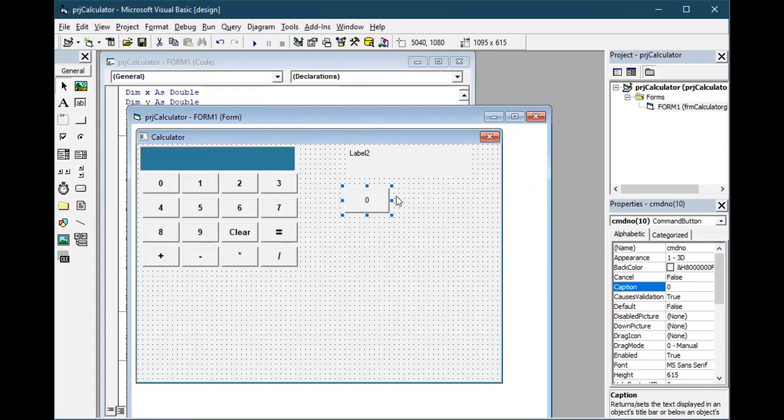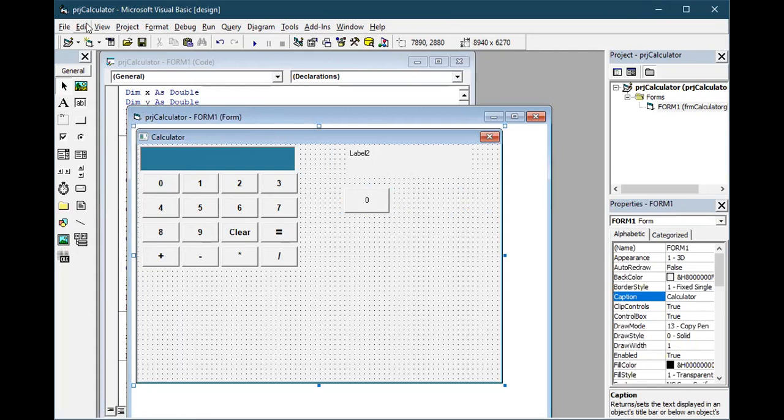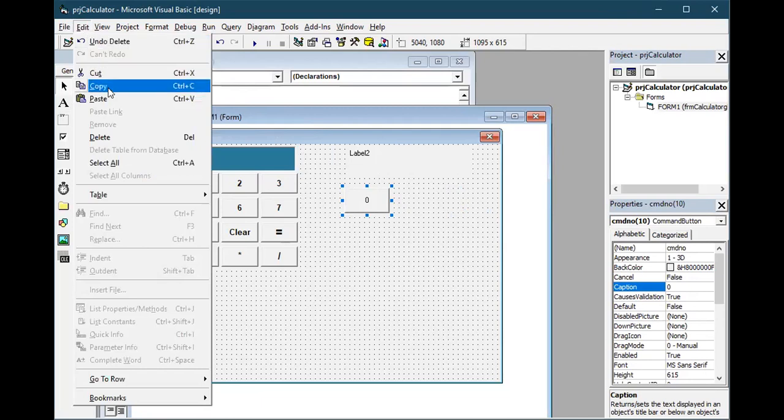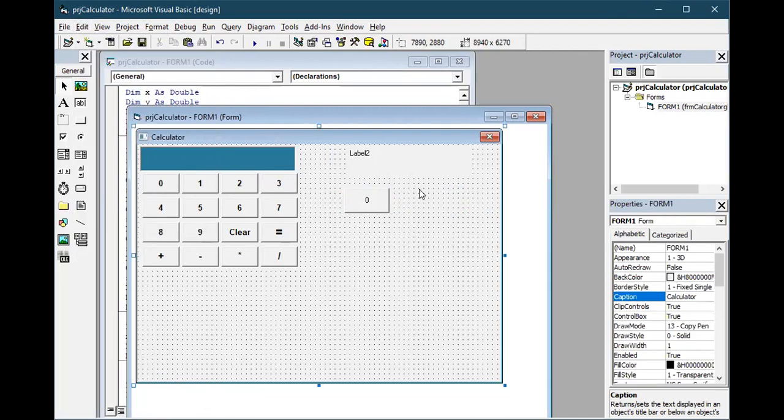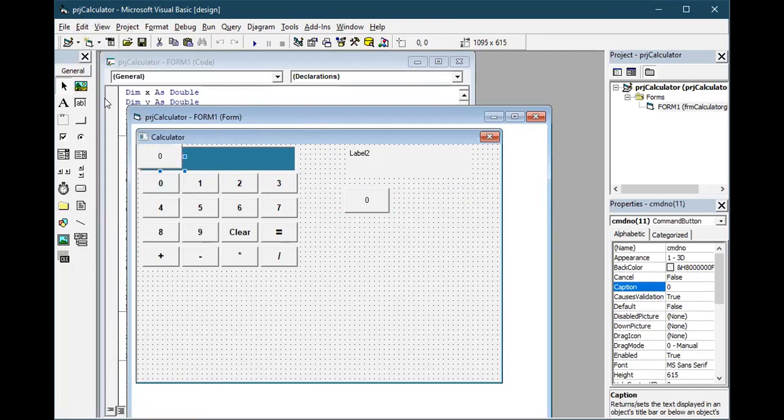Select this button, press Control C to copy, or go to the Edit option and select copy. Then go to Edit again and paste. See, it will be pasted. Come and leave it here. Like this, you need to paste 0 to 9 values. Once again press Control V, it will be pasted. Come and leave it here. Once again paste.